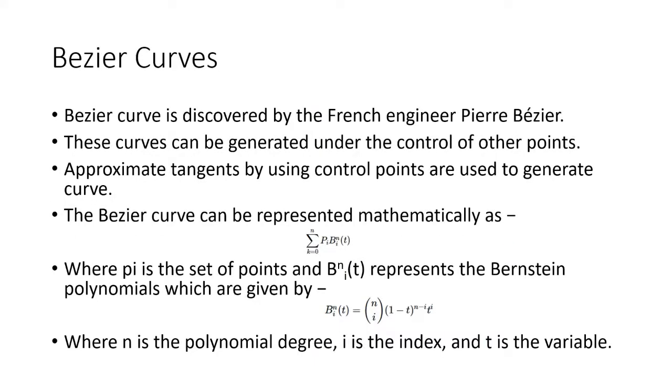Now the important part, where the curve representation finally gets interesting and relevant to our computer graphics subject, is the Bezier curves. The Bezier curve was discovered by the French engineer Pierre Bezier, and it is named after him. The basic concept of the Bezier curve is that it is going to have some kind of control points. Now, what is a control point? By the term, you can identify it: the points that are going to control your curve.